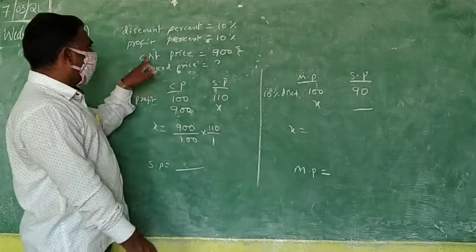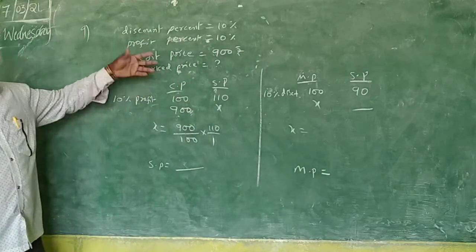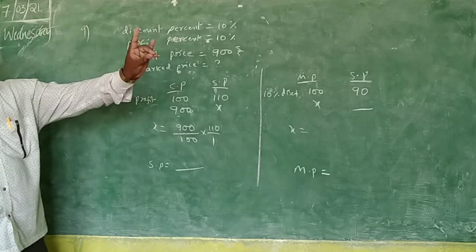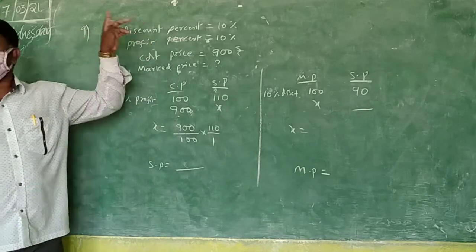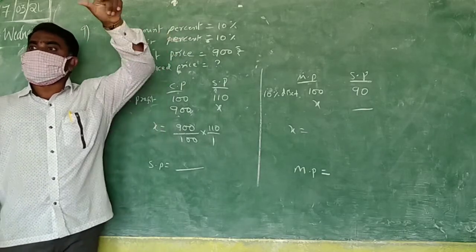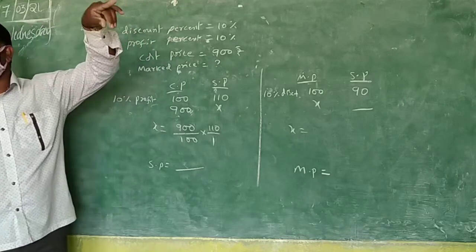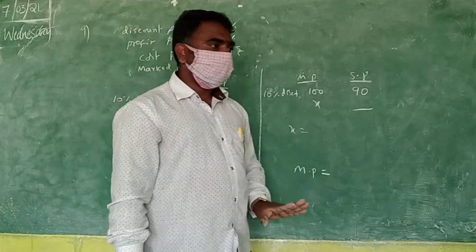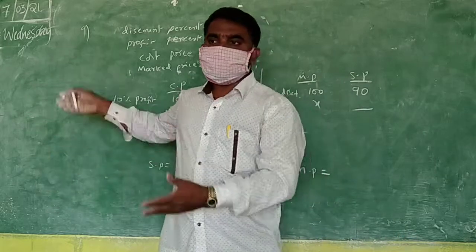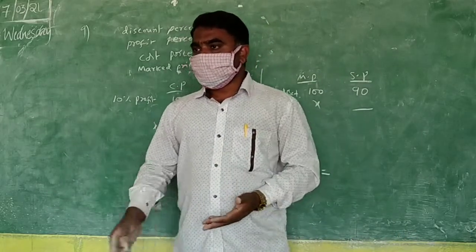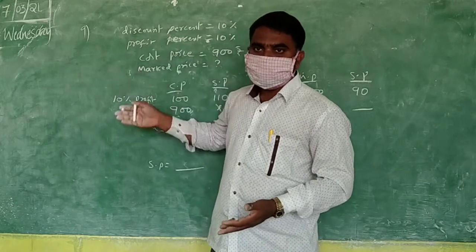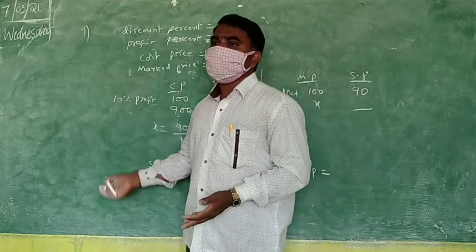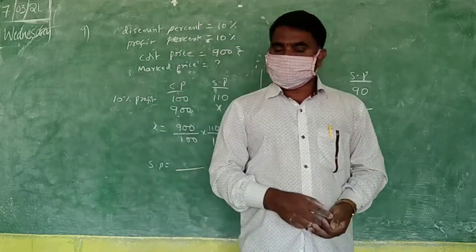So here the problem is I cannot use an MP and CP calculation. I have only done CP-SP calculations and MP-SP calculations. That's why I go first to CP, which I know. From CP to SP you will find, and after finding SP, you can find the MP. Okay, do you understand? The problem itself is not important; the method is: what should I do? Write what you know, what you have to find, and whether there is any relation directly or indirectly. You have to analyze like that, and after that come to the problem. Okay? Write it and solve these also.